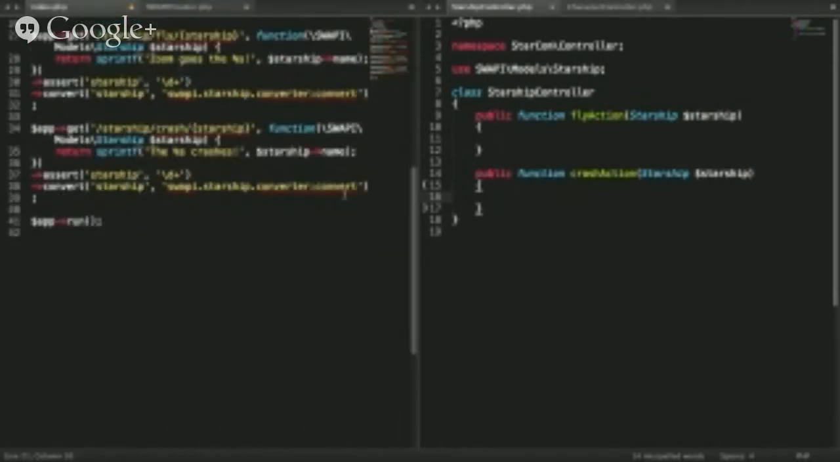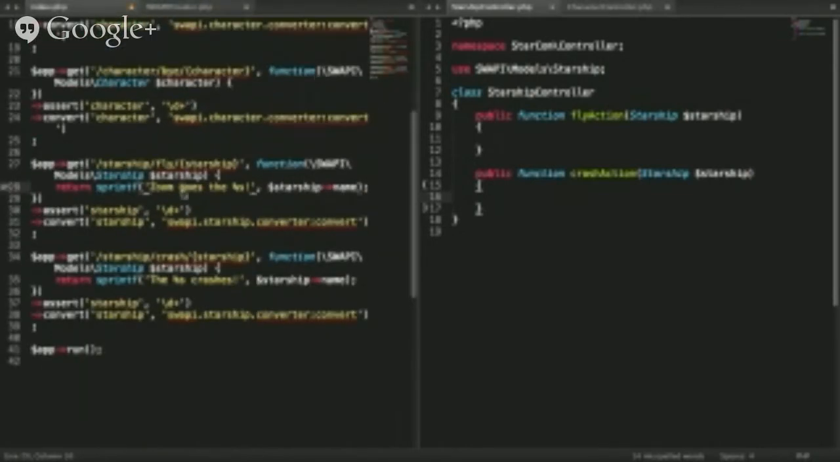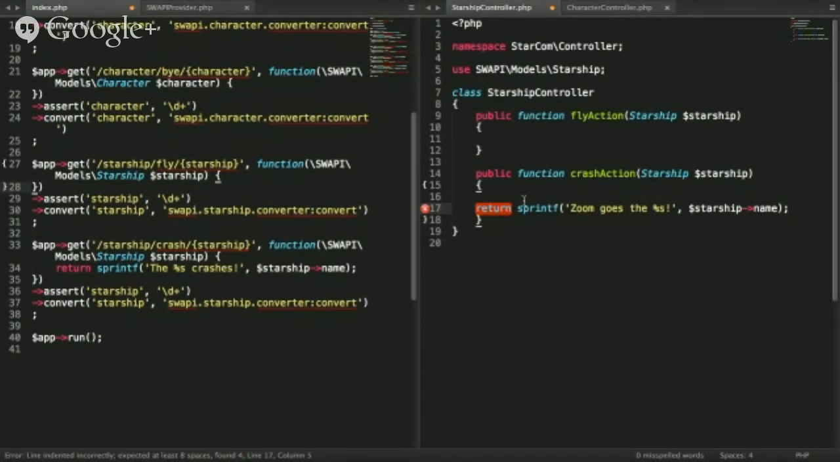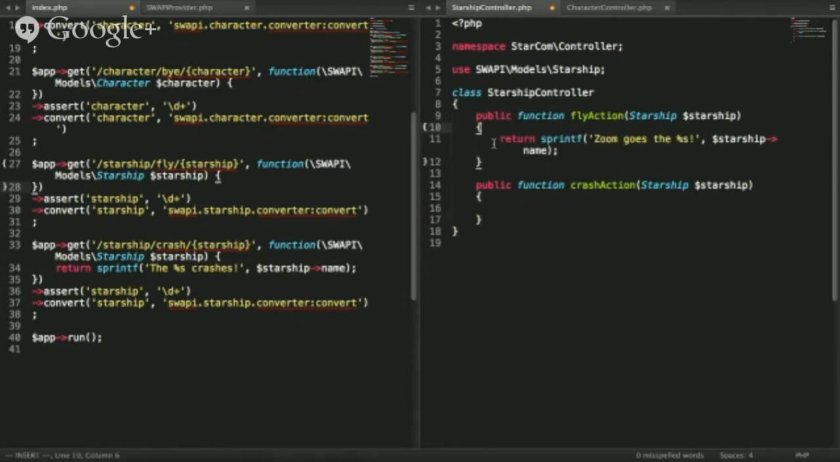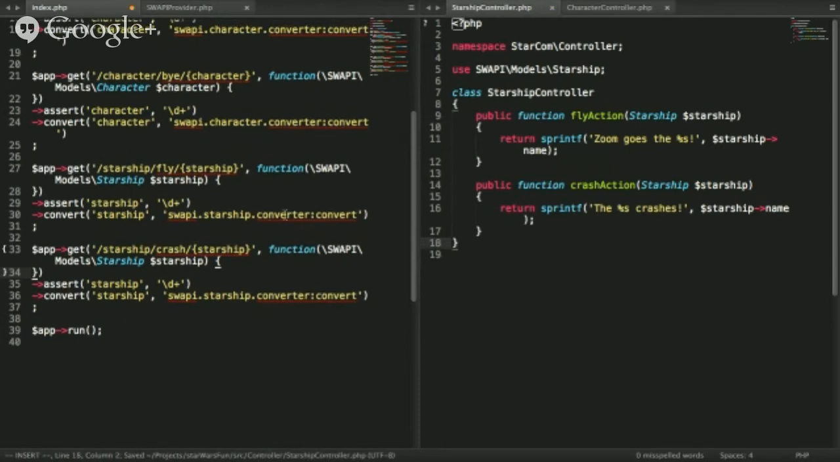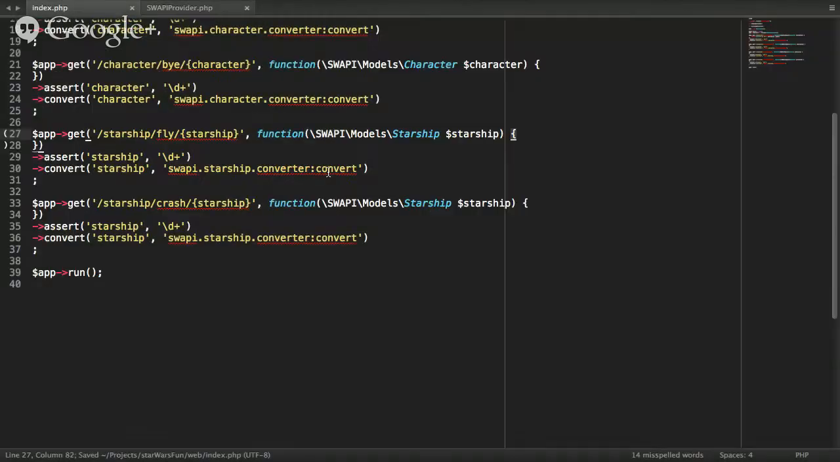And we had... okay, so those are all moved over. We actually have to use those controllers though. So what we want to do,